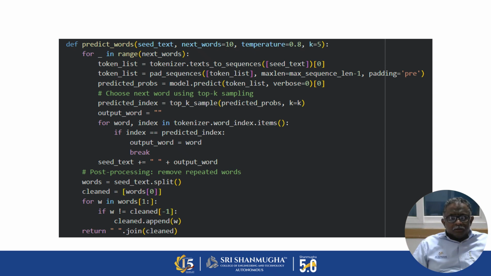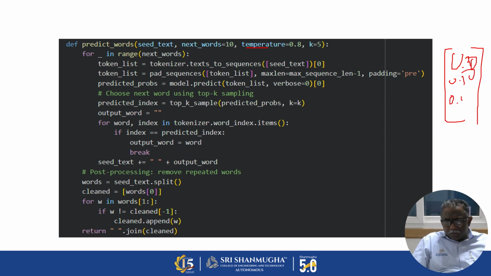Okay. And the most important thing is temperature, and what is this? It tries to adjust the probability. So basically, if you have different classes, you will have different probabilities. This temperature scaling will try to adjust the probabilities, and then we have to remove the unknown. Suppose based on the probability score, for example, I can say one is 0.4 and one is 0.3 and another one is 0.001. So we have to remove this probability score. So we have to apply top K.